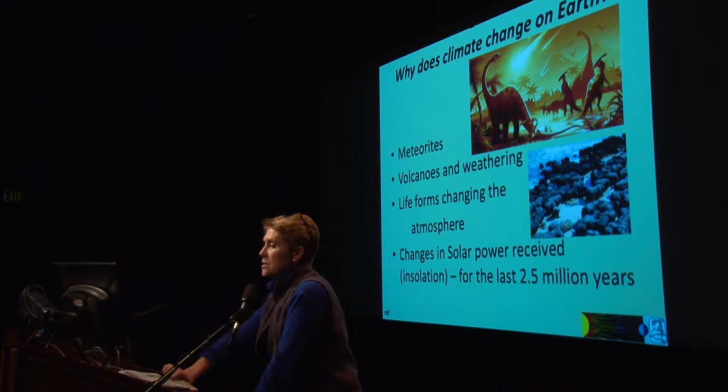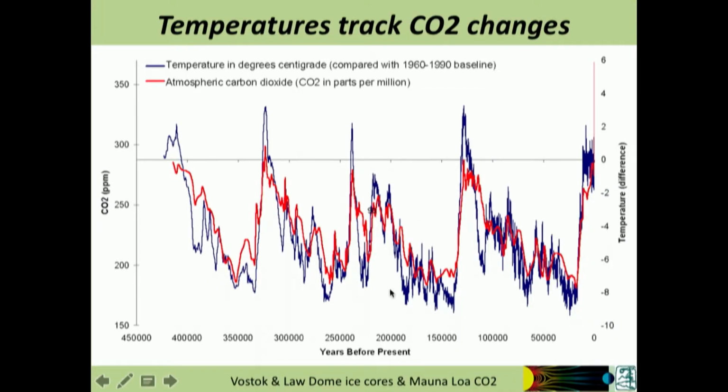Solar power has also affected Earth's climate, and we know pretty well how that has happened for the last 2.5 million years, and I'm going to tell you more about that. It also depends on feedback cycles, which we'll talk a little bit about. So we can track ice ages back really pretty carefully for almost the last million years, and a little less carefully for the last 2.5 million years. And we know that through the last 2.5 million years, that is the Quaternary period, that the Earth's aspect to the sun has changed the amount of solar radiation the Earth has got, and that has been a primary driver